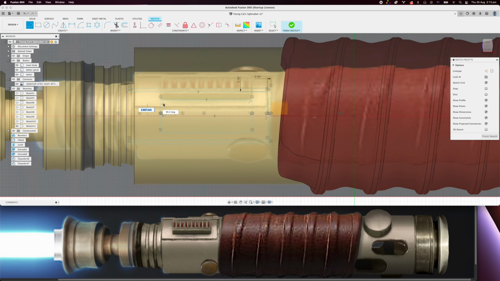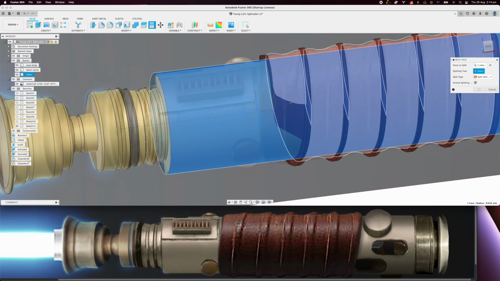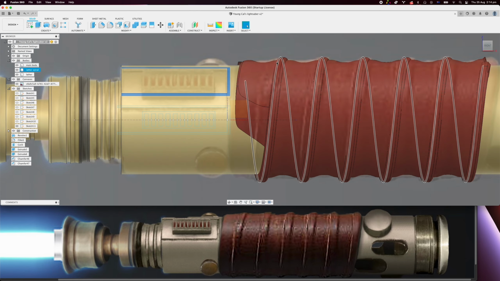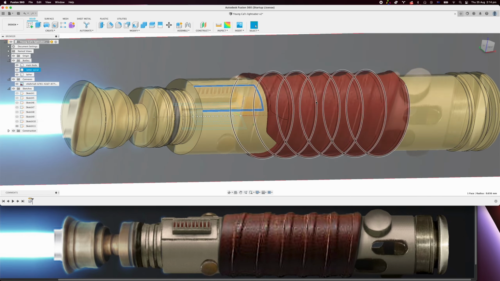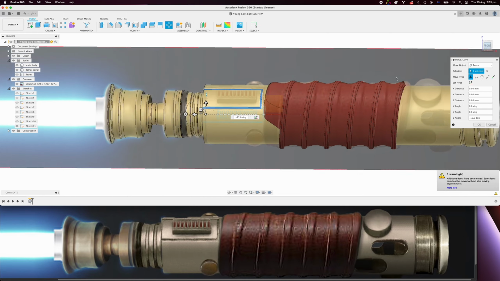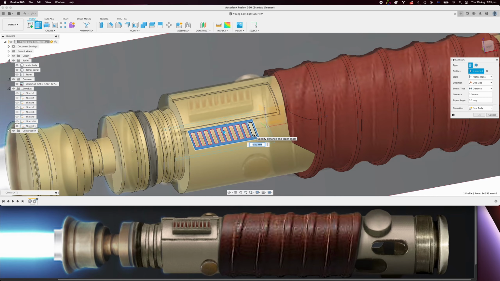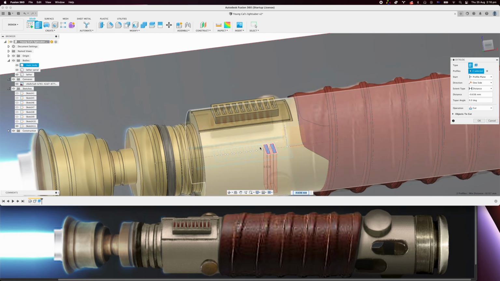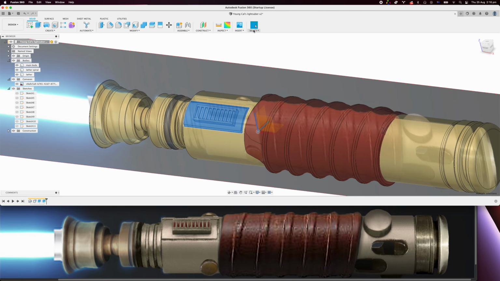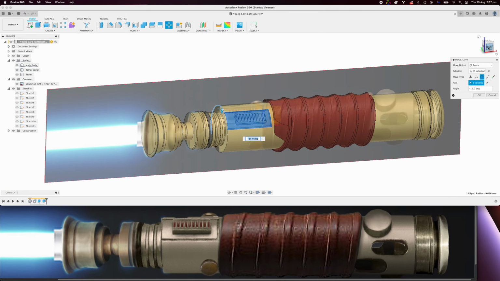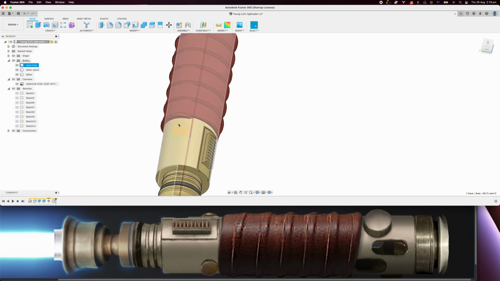In this case I'm making the switch with lights. So I made a sketch and I'm offsetting it into the body, making a groove basically. I'm also trying to find the perfect angle so it will match the perspective of the image of the reference material. Now I'm just extruding here and there. Yeah, so now I'm just moving it a little bit to match it and to understand what my correct